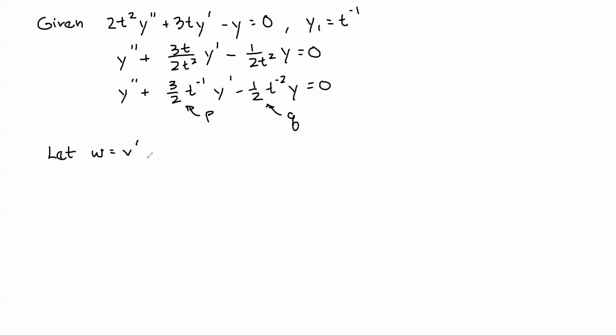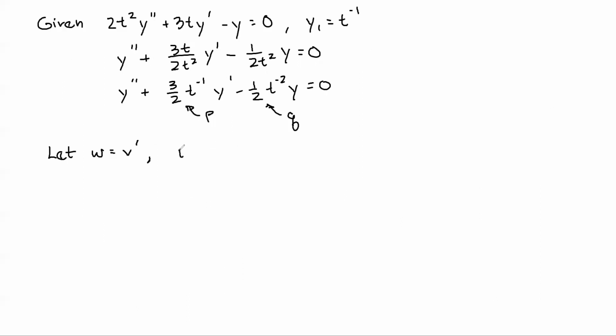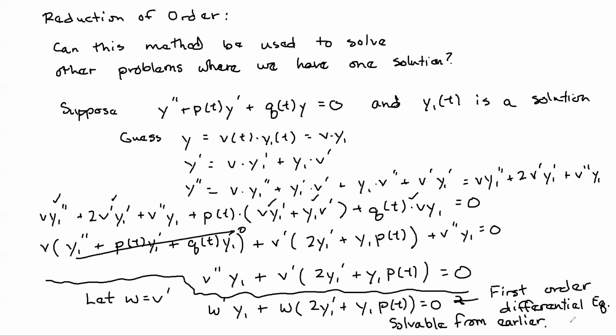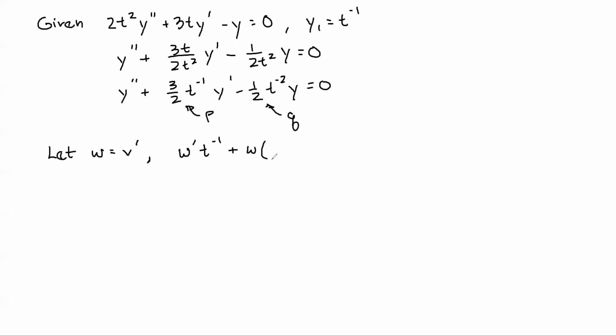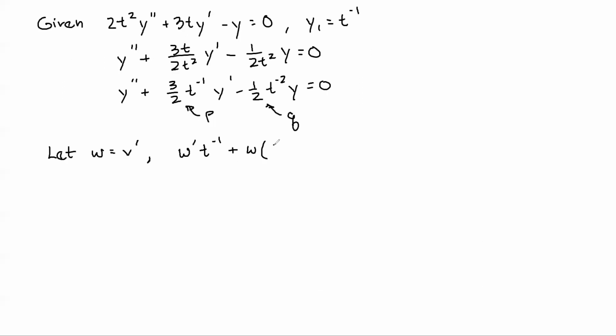And using that, what we're going to end up with is the equation. We're going to end up with W prime Y1. So we're going to have W prime. And then what's Y1? It's t to the negative 1 plus W times, and now take the stuff inside here. So we've got 2 times y1 prime. So you have to differentiate y1. So we're going to have negative t to the negative 2